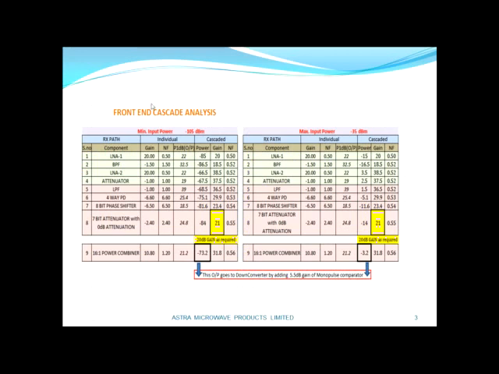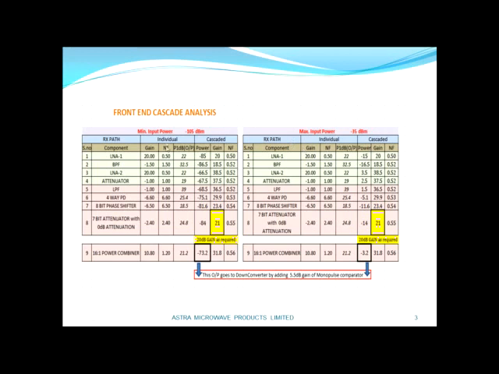Initially we carried out cascaded analysis using a spreadsheet, with the low noise amplifier, BPF, and all the components in cascade, taking the respective gain and noise figure from the data sheet. The minimum input power is minus 105 dBm, and the maximum input power for this receiver chain is minus 35 dBm.